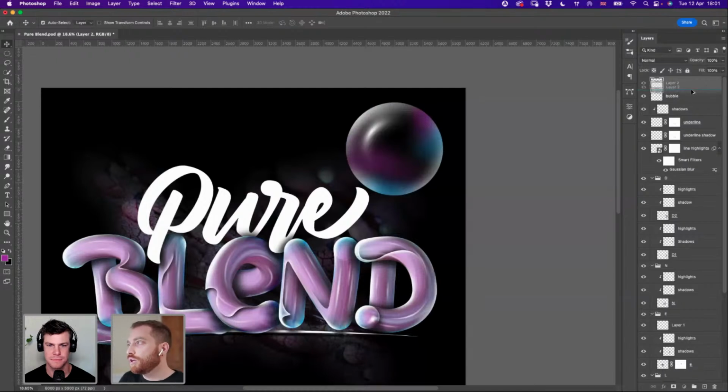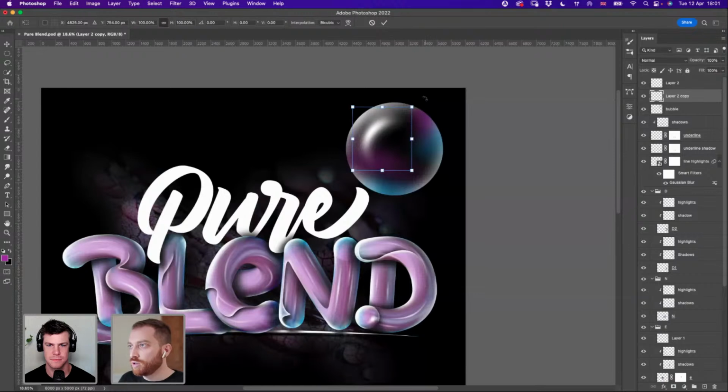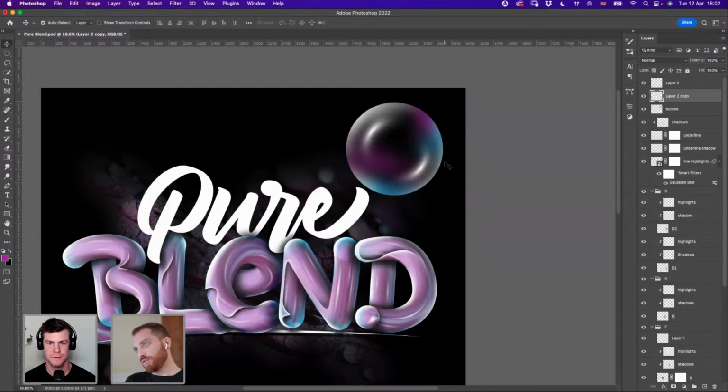And I will duplicate that again, just to have another one on the other side, maybe a bit smaller, and change the shape a bit. It does look like a bubble, right? Mm-hmm. I mean, it's starting to look. Maybe if I make it a bit not so bright. I don't know if I don't have the person sensitivity.